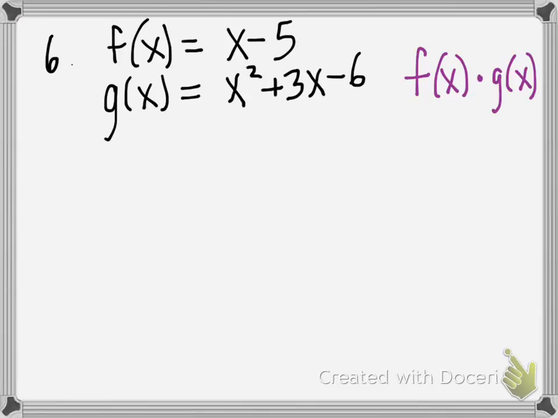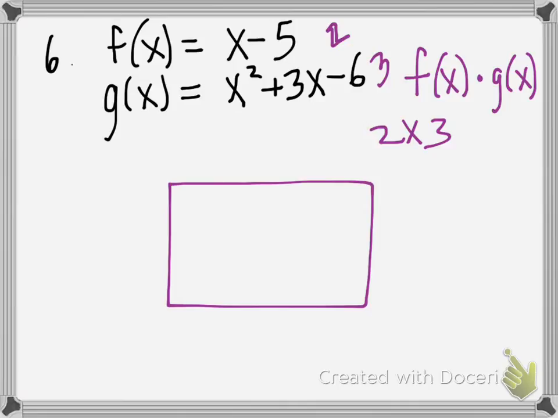So if you're having trouble with distributing, I would choose the box method. So what type of box are we creating? The first polynomial has 2 terms and the second has 3, so we're making a 2 by 3 box. So draw that out first